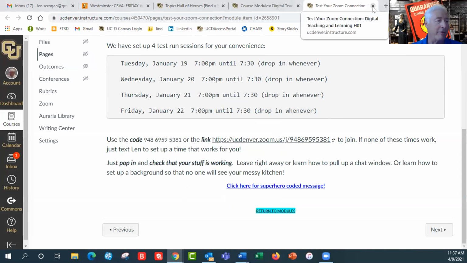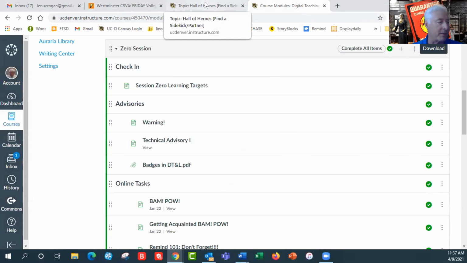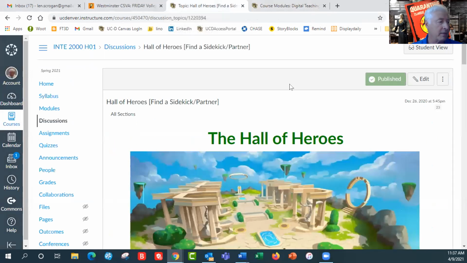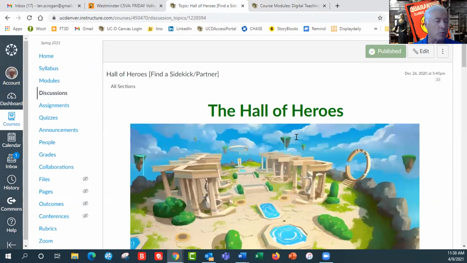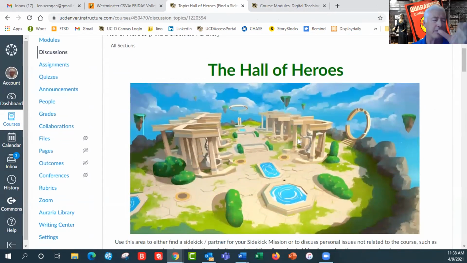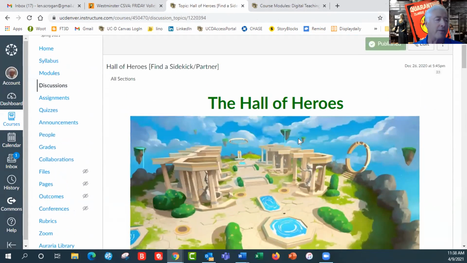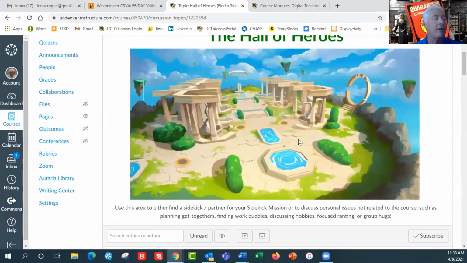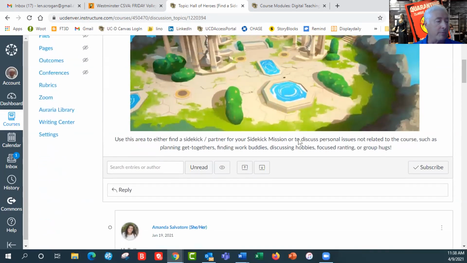The question I have now is a different one entirely. There's a new feature that showed up inside of Canvas. I've seen it here and there, and I'm wondering where else it is. It's a discussion, a special area where students find partners to work with on a specific mission or little mini project.